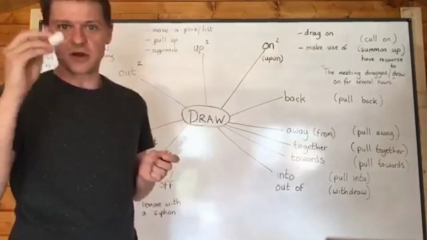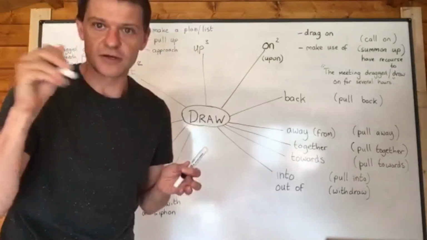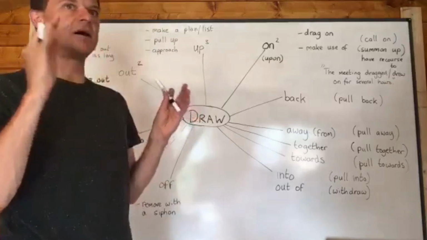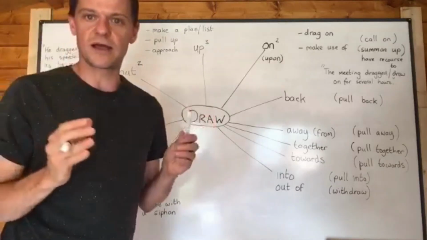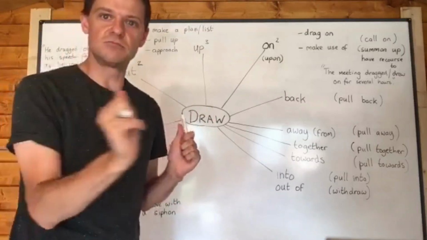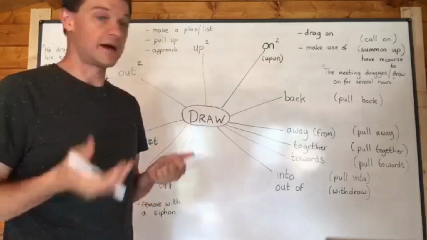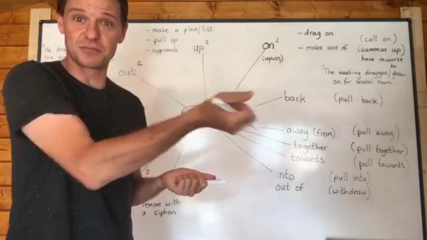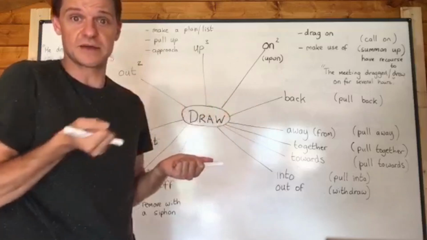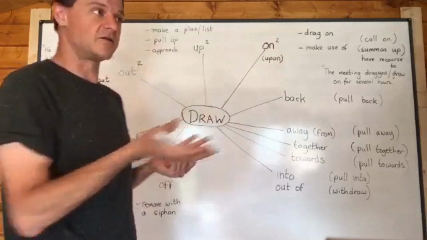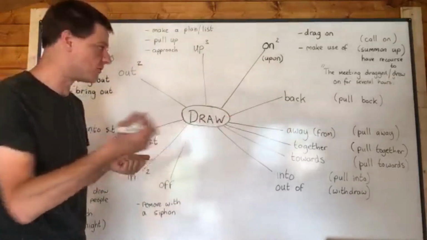I think most people know the meaning of draw, like draw a picture. But a lot of people seem to be unaware that draw also means move, or especially pull. And think of the word a draw, which you pull, and you actually pronounce that the same as the verb draw. And so draw does mean to pull or attract.